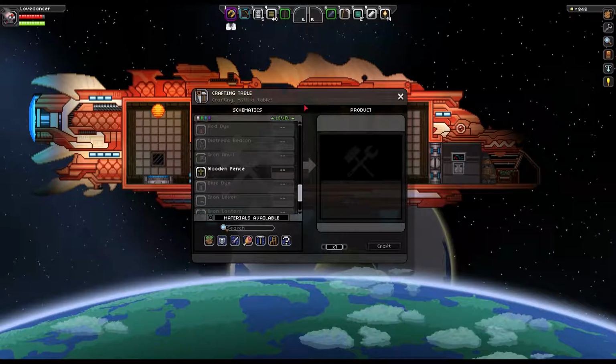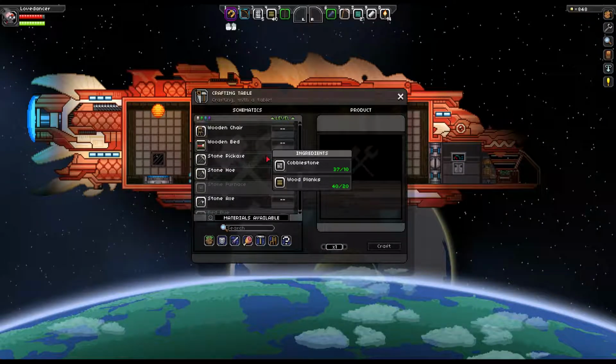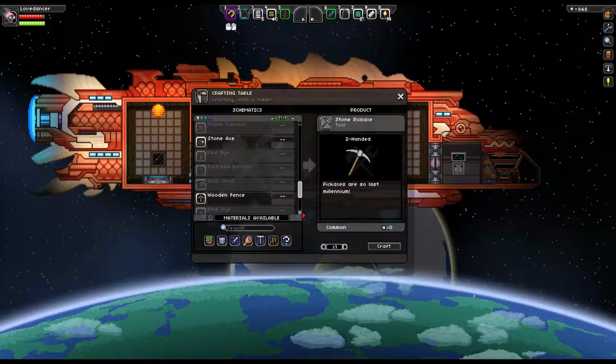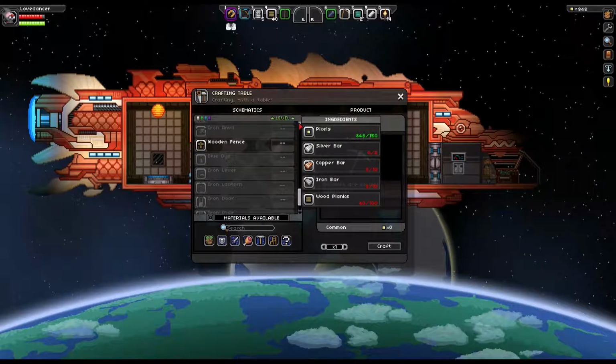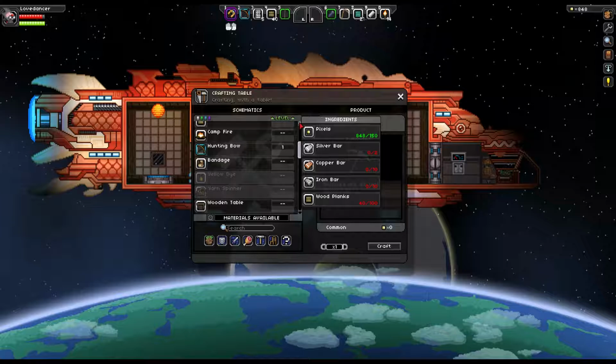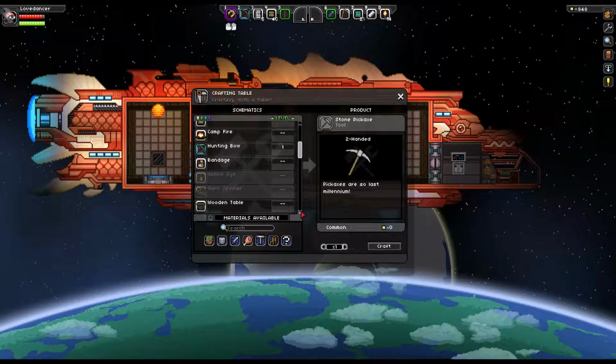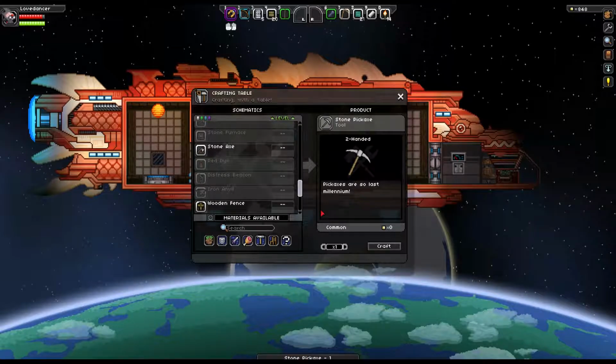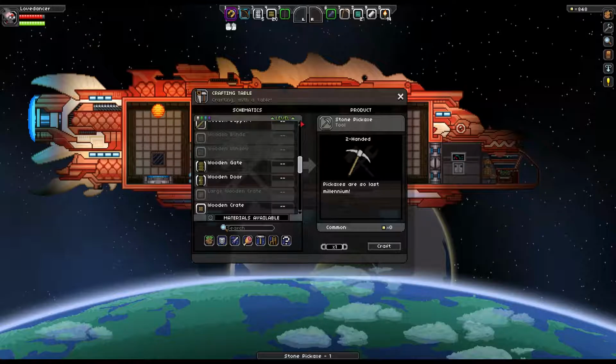Okay, you need a... Okay, so I can build the stone pickaxe. Which actually, I think you have to build... Yeah, so you have to... I'm just going to build that. And then you can build an iron one once you do that, and then...